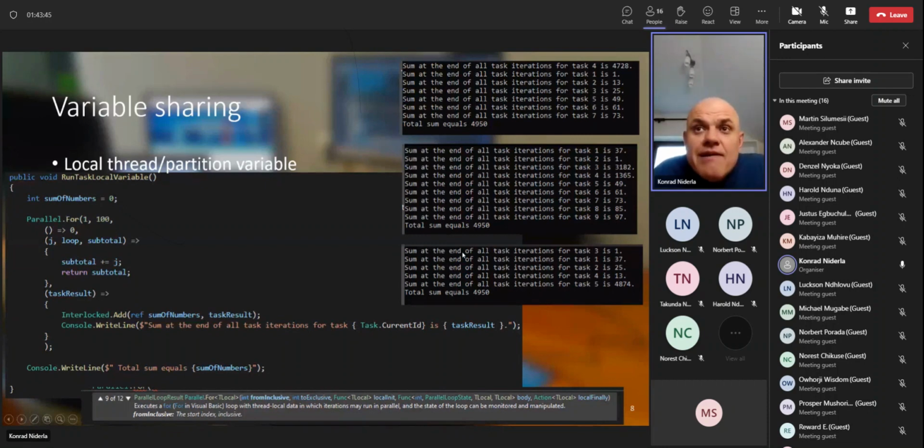And as you can see, different solutions are presented, different executions are presented, but the total sum is always the same. Total sum, you can understand it as the summarized sum of numbers, the sum of each iteration from the task result. If you calculate these numbers, and these numbers, you will always receive